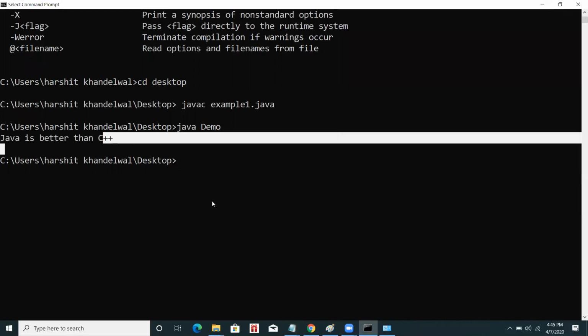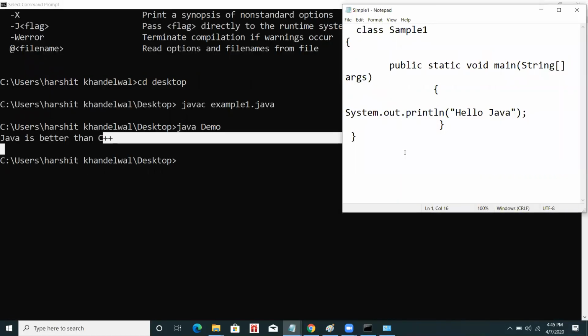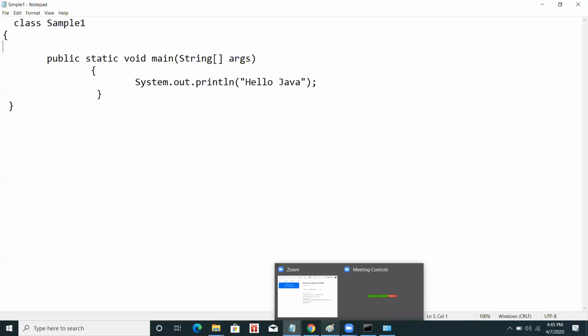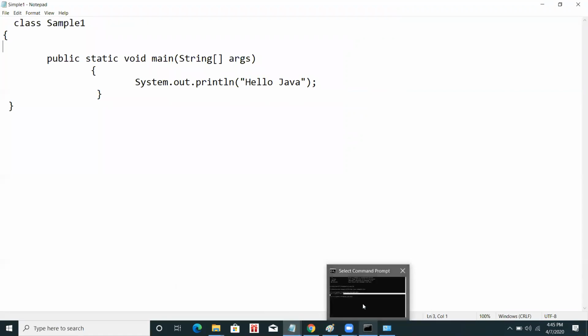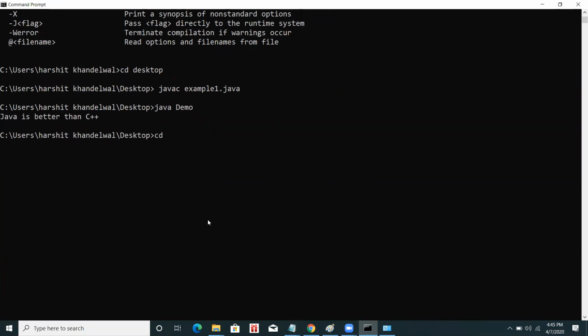We'll run one more program. The class name is Sample1, and we have written public static void main, and System.out.println hello java. So the output of this code will be hello java. We'll learn it and see it. It has been saved somewhere on my computer, so I will find out where. Go to the command prompt. The file has been saved; I'm going to the folder where it was saved. Wait a minute. Okay, yes.